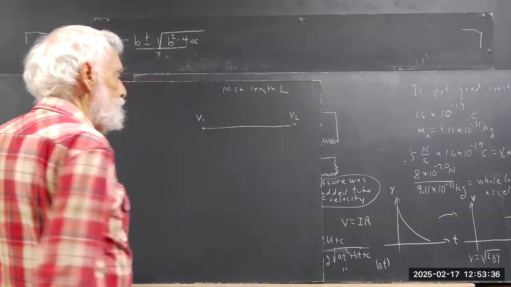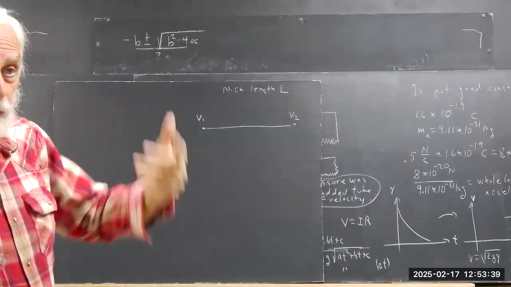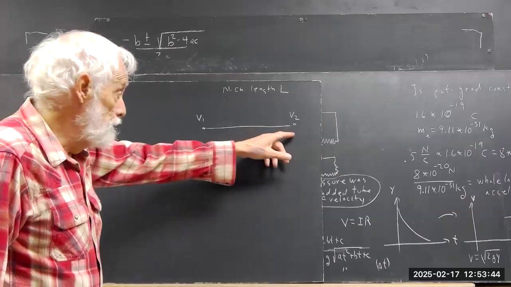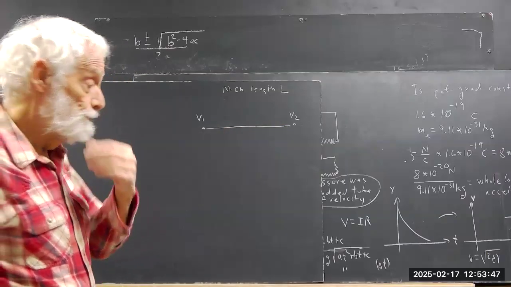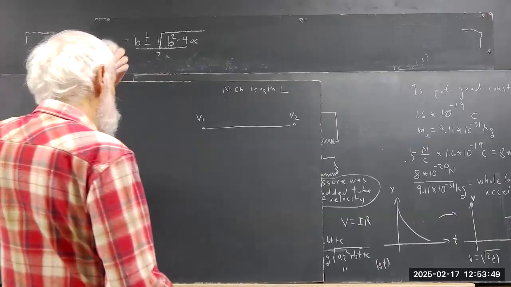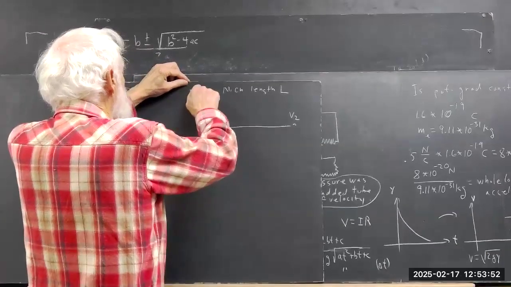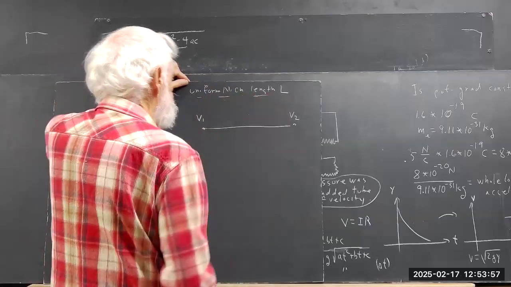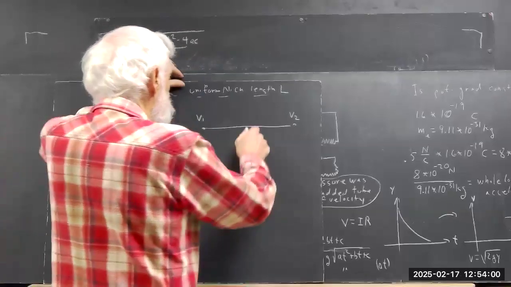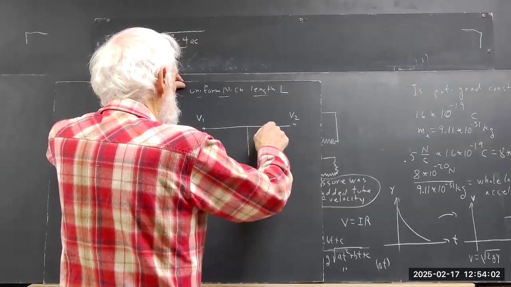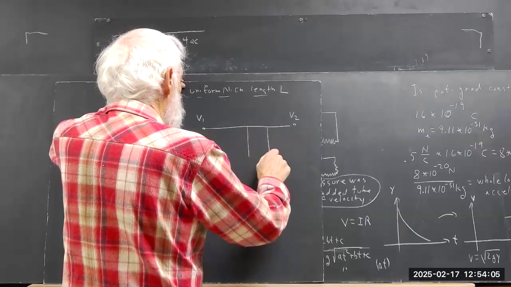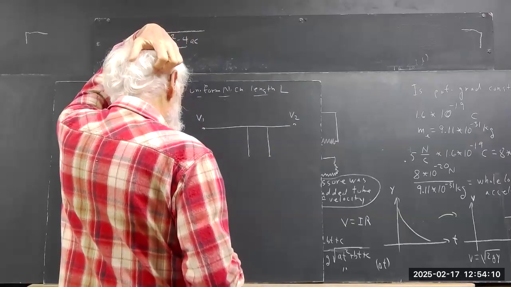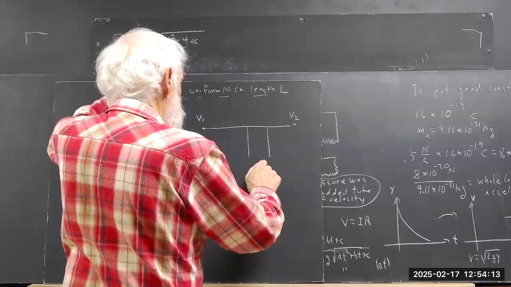Now we could draw the battery source in series with this, but I'm not going to do that. I'm just going to isolate this thing and say we got some voltage here, some voltage here, okay? And it's uniform. And then we put a couple of leads here. And we want to ask ourselves, what's the